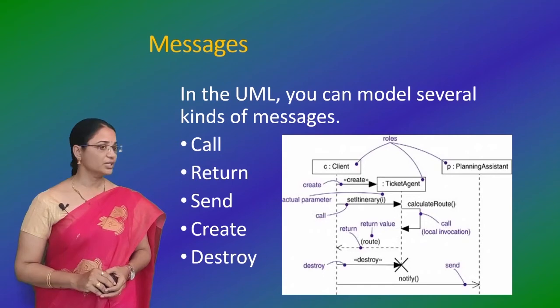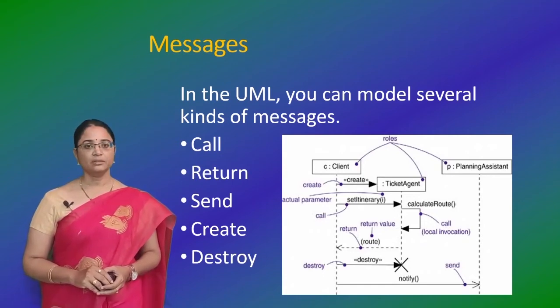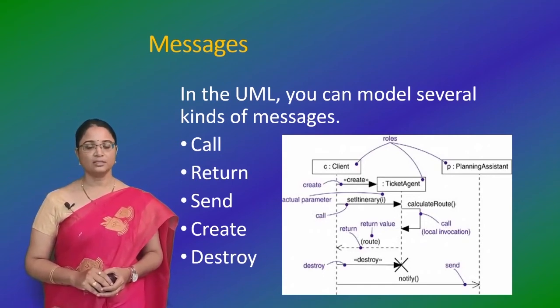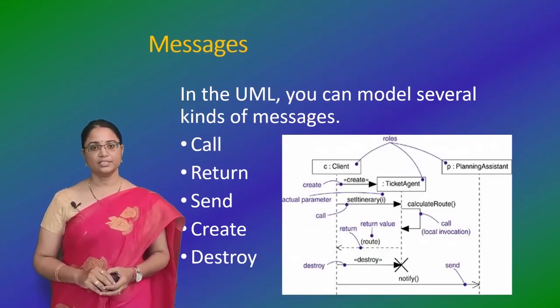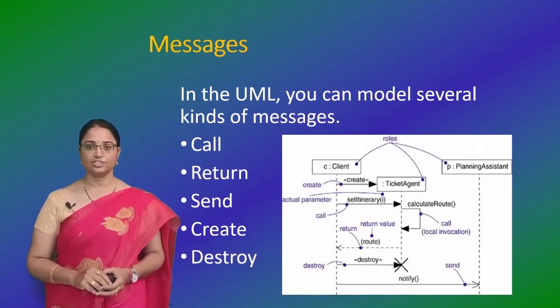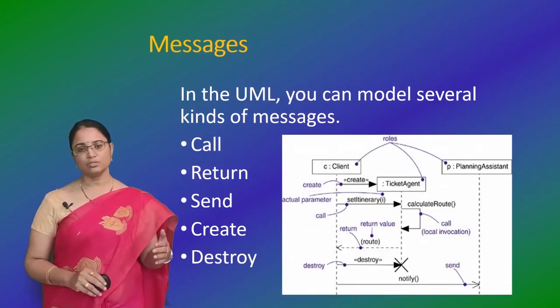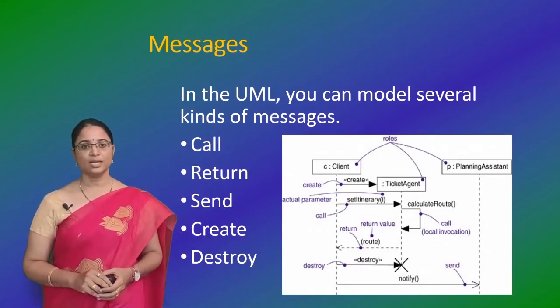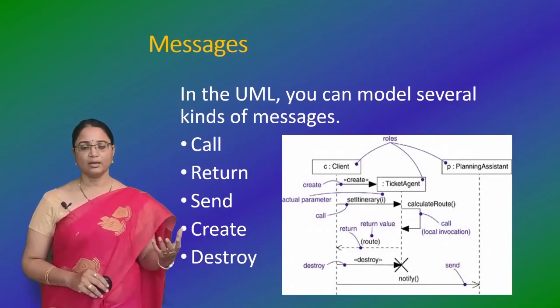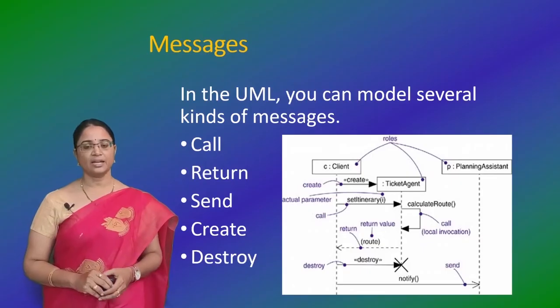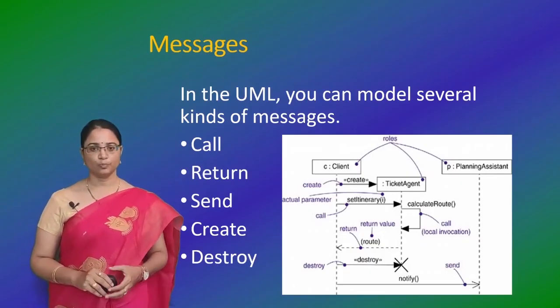So if you see the figure here, it has three objects. The first one is the client, the second one is the ticket agent, and the third one is the planning agent. The client wants to plan some tour, so he'll ask the